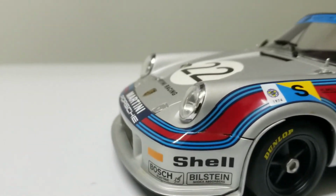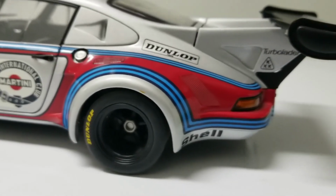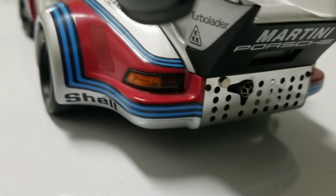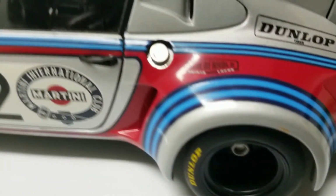Here we have the 1974 Porsche 911 Carrera RSR Turbo. This is the 2.1 liter car built in 1974 as a test bed for turbocharging the 911. This car raced in the Group 5 category against dedicated prototypes. It came second in the 1974 Le Mans 24 Hours race, and as you can see, it has some of